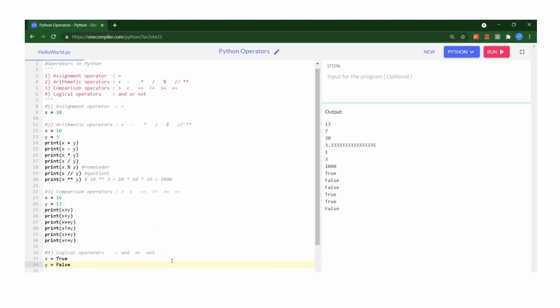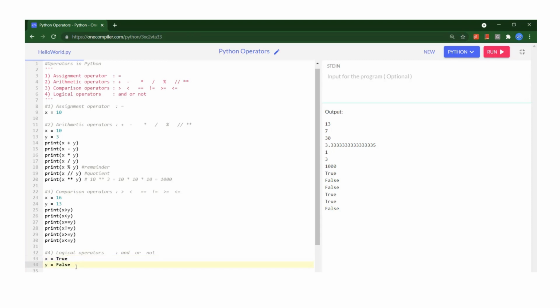Here true is one boolean value, which we are assigning to x with the help of the assignment operator. And false also is one boolean value in Python, where again I'm repeating, we need to remember for the boolean values true or false in Python, T will be capital for true, F will be capital for false here.